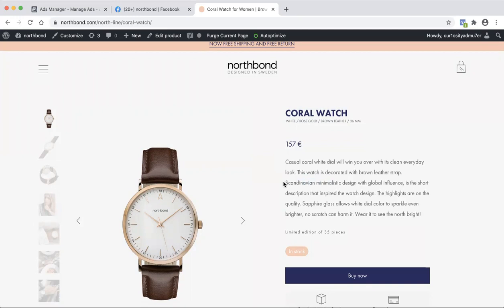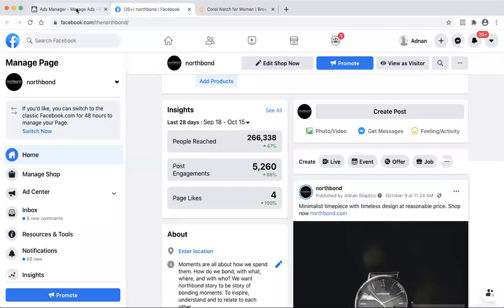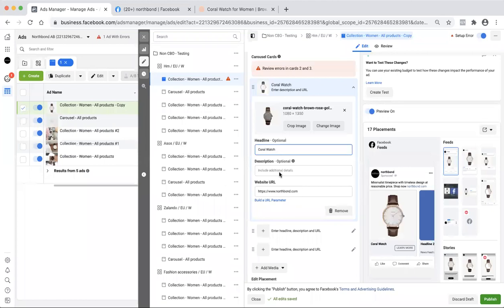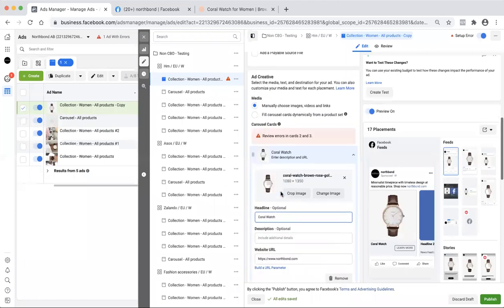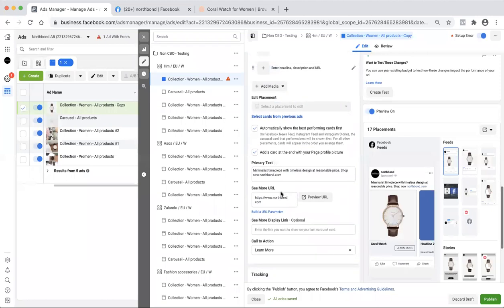All right, we'll just start with this copy here. So we'll copy that, and we'll go ahead and add that to the actual description to start.